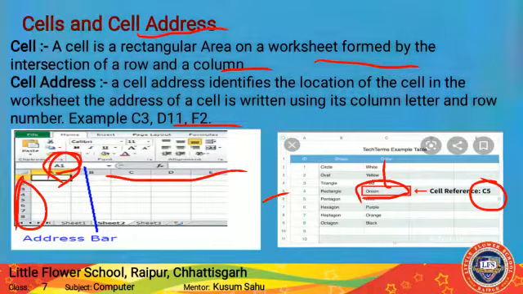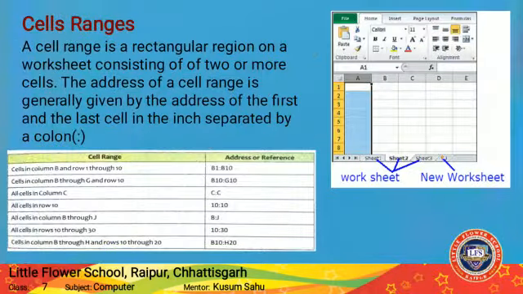Now come to the next term, that is cell ranges. What are cell ranges? A cell range is a rectangular region on a worksheet consisting of two or more cells. The address of a cell range is generally given by the address of the first and the last cell, separated by a colon, using this sign.